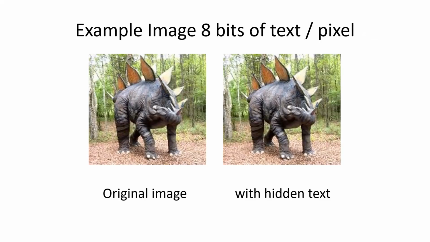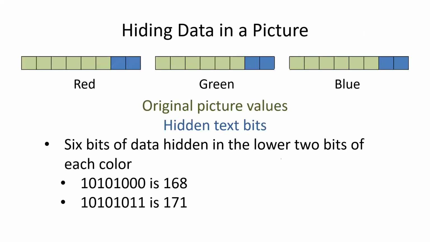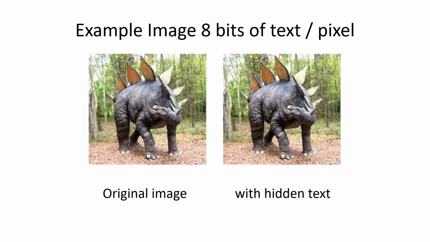And you don't even see it if I store lots of data in there. If I store 8 bits, this is even more. Here we have 2, 2, 2, or 6 bits. I did, I think, 3, 2, and 3, to get 8 bits, and still I can't see it in the picture.